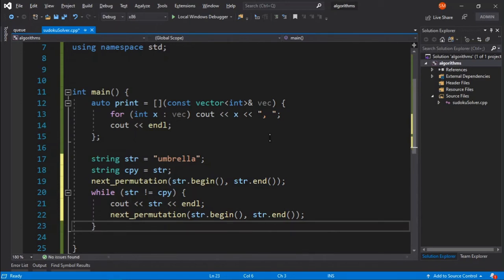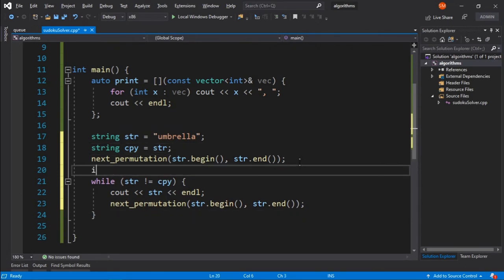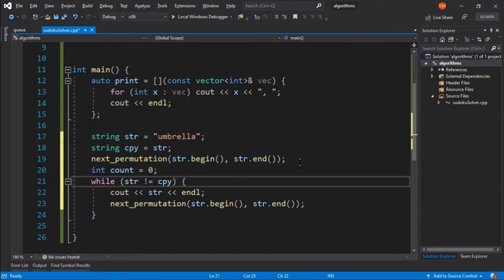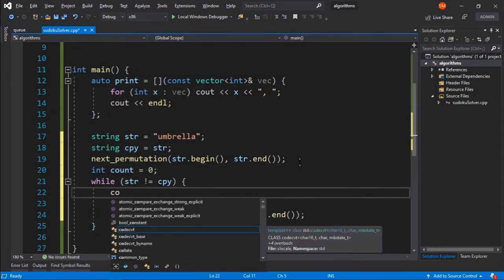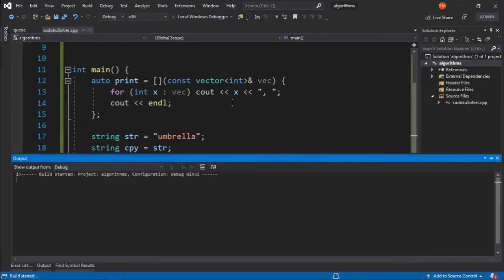So okay, and even you can just simply say true here, and check the thing below. And what I want to do is put an int count here as 0, and every time we enter the loop, I want to increase the count by 1. Okay, and now if I run this code,